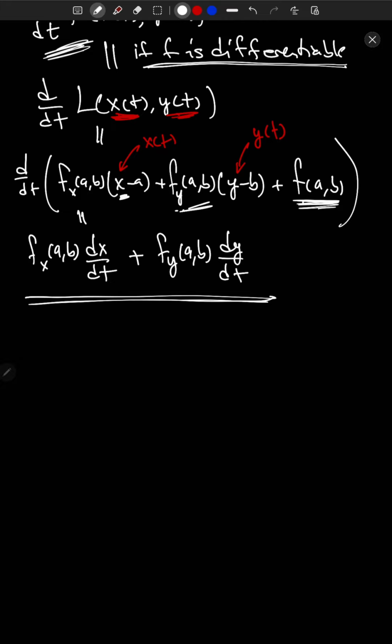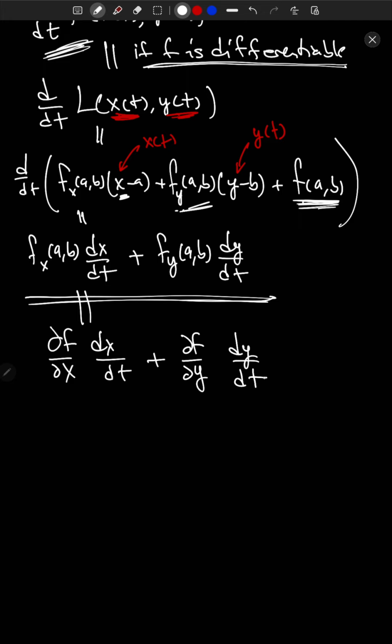Okay, now let me write it in a slightly different way so that perhaps it's easier to remember. I'm going to rewrite this as f sub x at (a,b) is df dx, and then I'm going to put the (a,b)'s in later, just to emphasize a small point here. And then dx dt plus df dy, which is f sub y, and I should use curly d's there, df dy, and then dy dt. Okay. All right. So I'm going to put in the (a,b)'s again in one sec, but the point here is